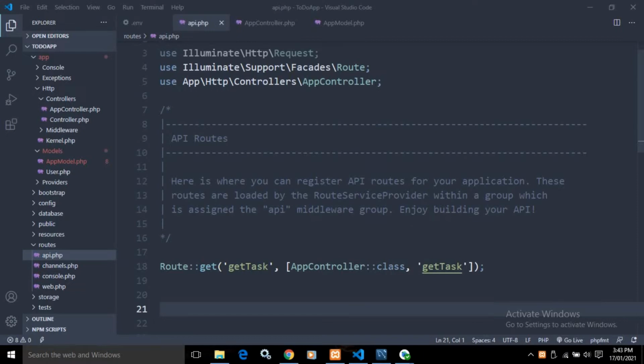Okay. Now here, while creating this to-do app, we will see a lot of things, means how to insert, how to update, how to delete, how to perform pagination. All these things I will discuss in this project. Okay. Now let me show you the table structure.